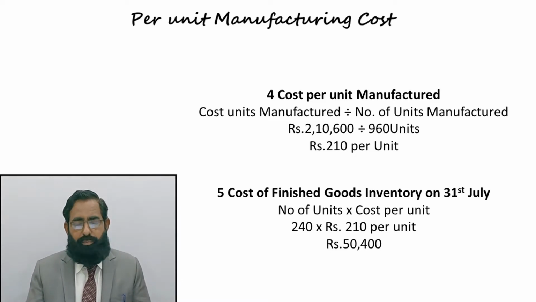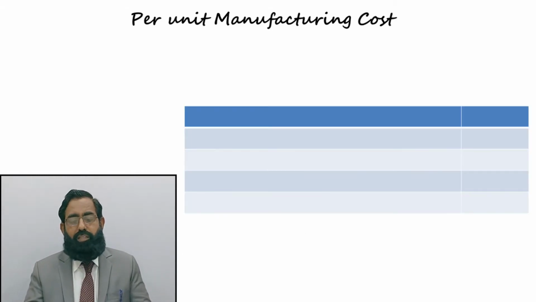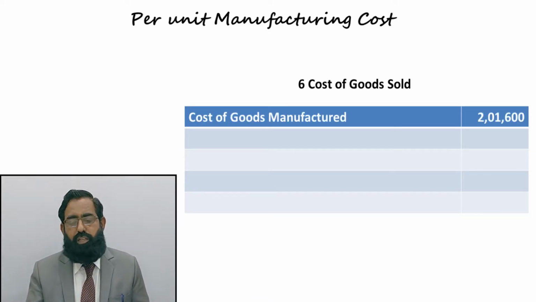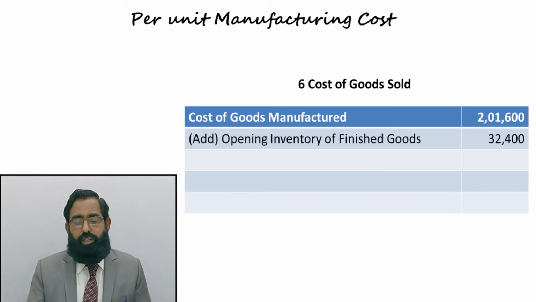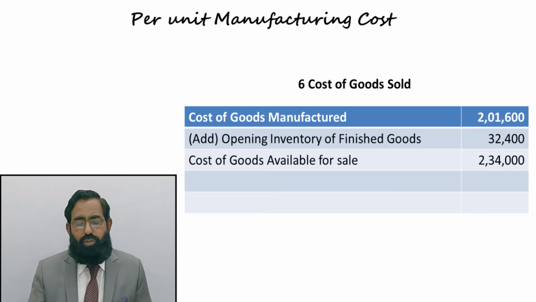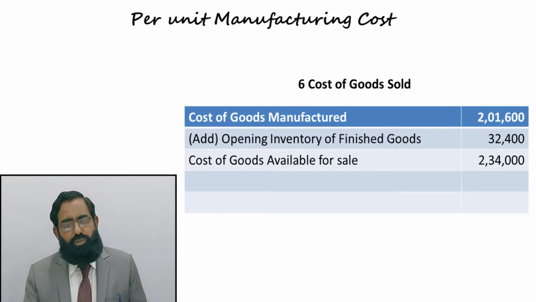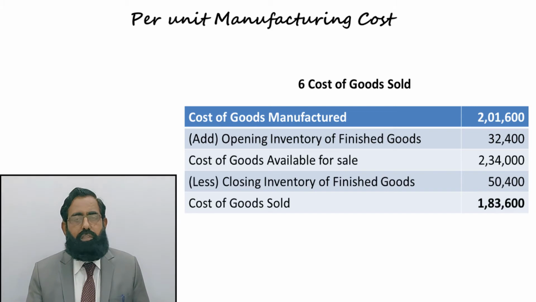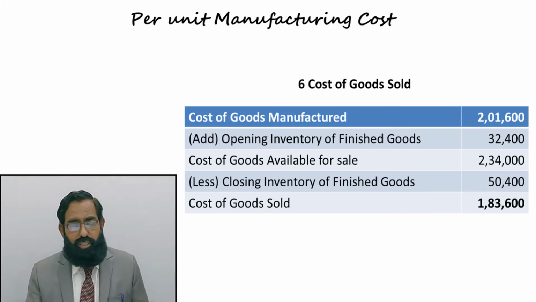और इसके बाद हम अब रिक्वायरमेंट नंबर 6 की तरफ मूव करेंगे, दैट इज कास्ट ऑफ गुड्स सोल्ड। यू पीपल नो कि कास्ट ऑफ गुड्स सोल्ड निकालने के लिए हम कास्ट ऑफ गुड्स मैन्युफैक्चर्ड 2,01,600 में ओपनिंग इन्वेंटरी फिनिश्ड गुड्स की 32,400 ऐड करेंगे। We will get cost of goods available for sale 2,34,000। इसमें से क्लोजिंग इन्वेंटरी फिनिश्ड गुड्स की माइनस करेंगे 50,400 and we will get cost of goods sold that is 1,83,600।